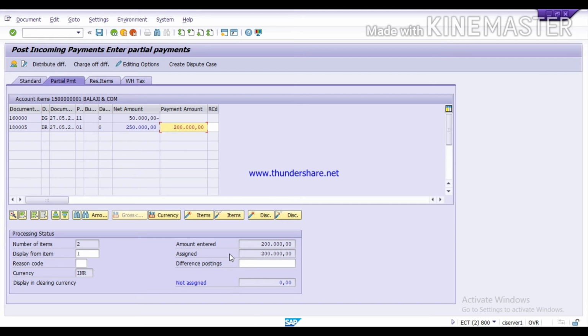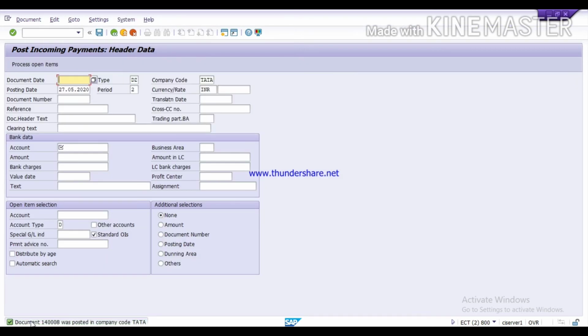Now here you can see amount entered is 2 lakh, assigned amount is 2 lakh and not assigned amount is 0. It means we are doing the payment against this total amount, which is 2,50,000. We are doing only 2 lakh rupees and click on post. Here you can see the document was posted.